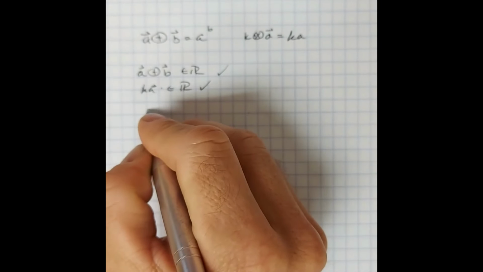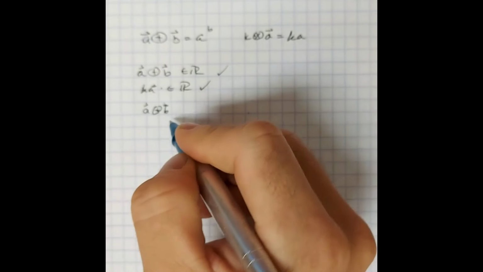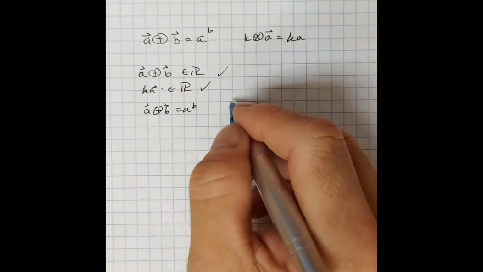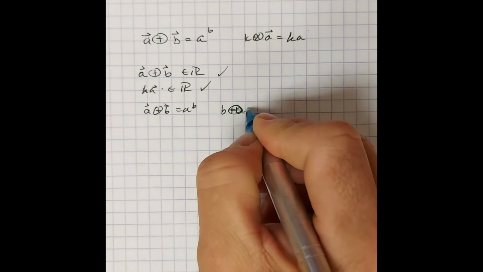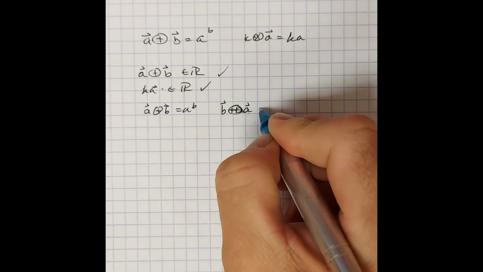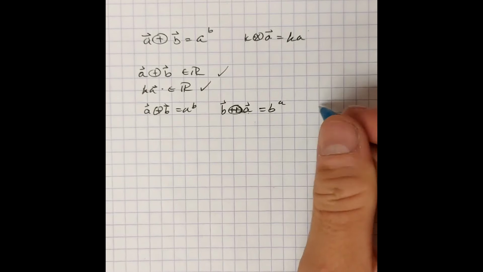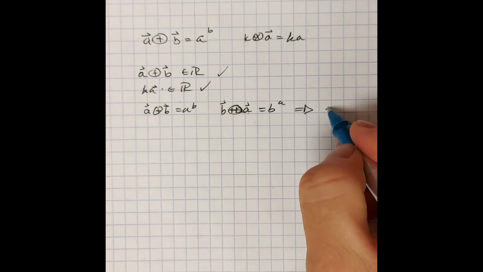Okay, if we look at A ⊕ B, which is equal to A to the B, and then we look at B ⊕ A, this is equal to B to the A. But this implies that addition